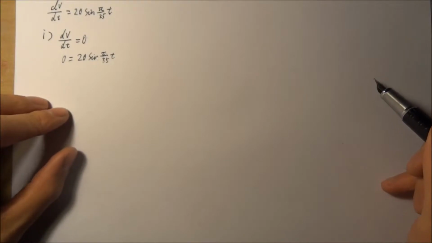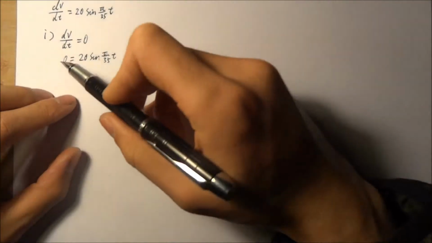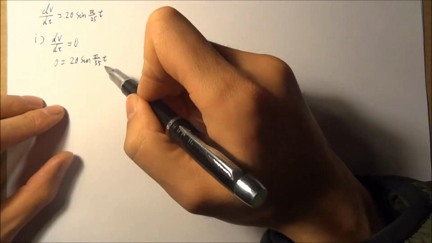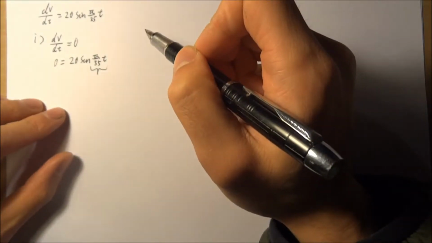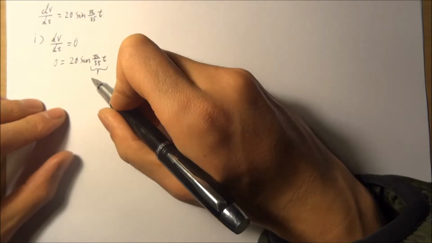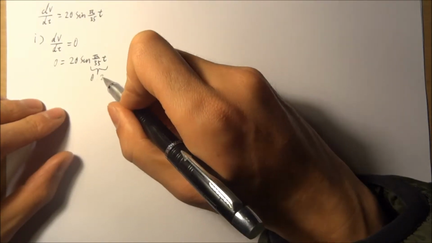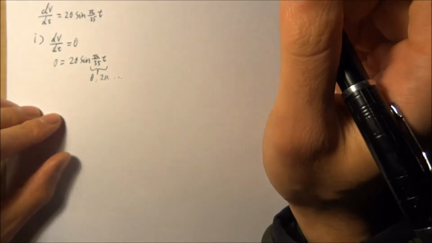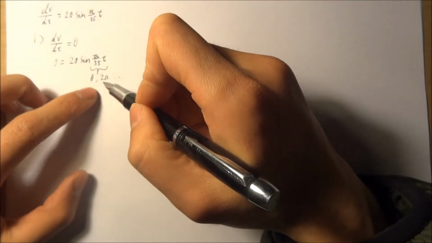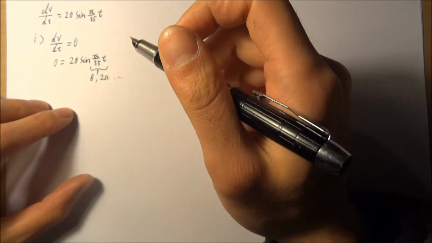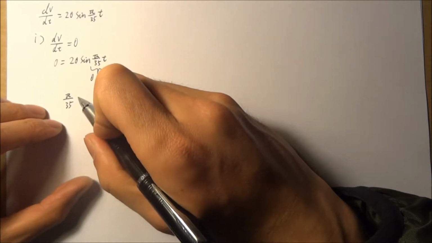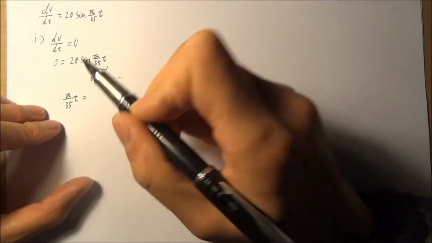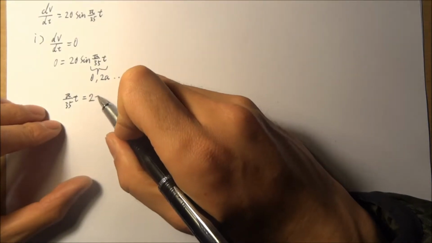Now, to make this 0, sine(pi over 35 t) will have to be 0, which means that this part will have to be 0, pi and so on. Now, the first one after 0 will be 2 pi. So for pi over 35 t equals 2 pi,